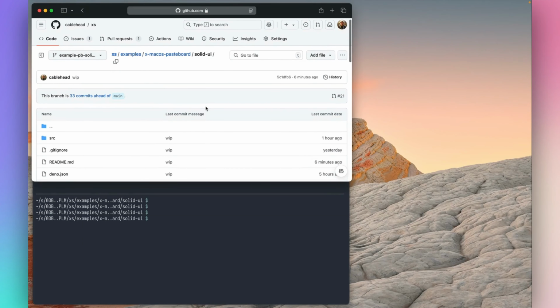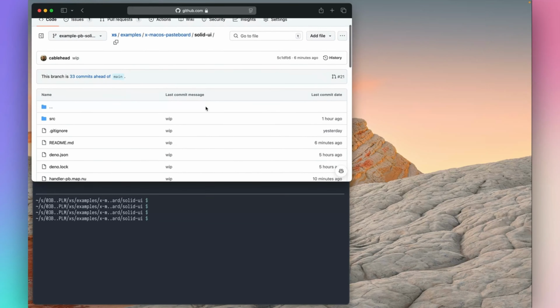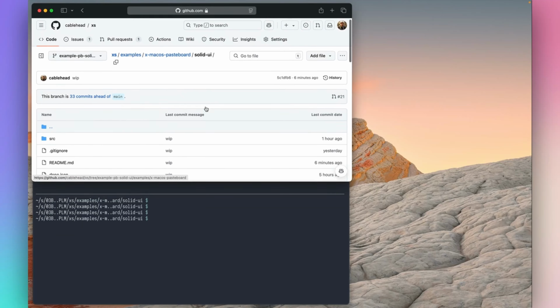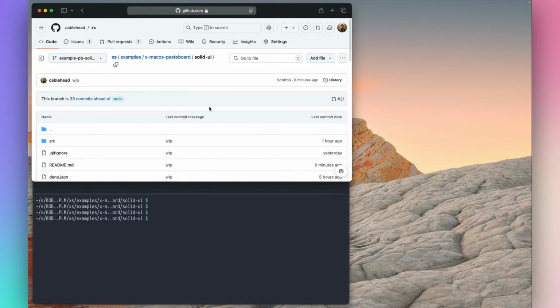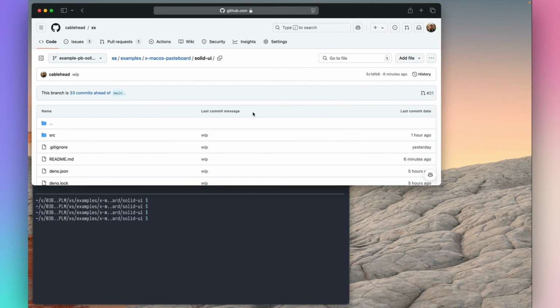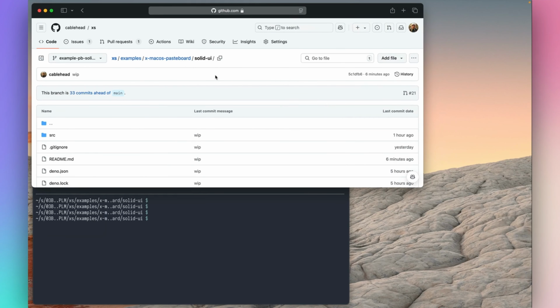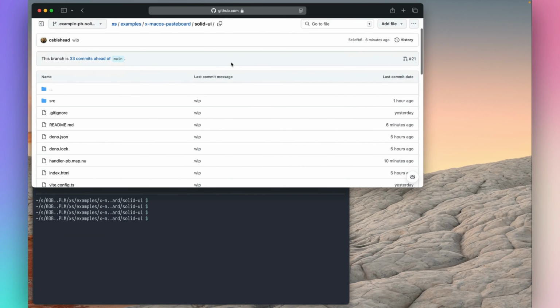Okay, I put this up. I wanted to make a quick screencast to get this up. I'll try and redo the screencast, because this is going to be rough. Okay, this is an example of putting a solid UI on top of cross-stream, and specifically onto cross-stream using